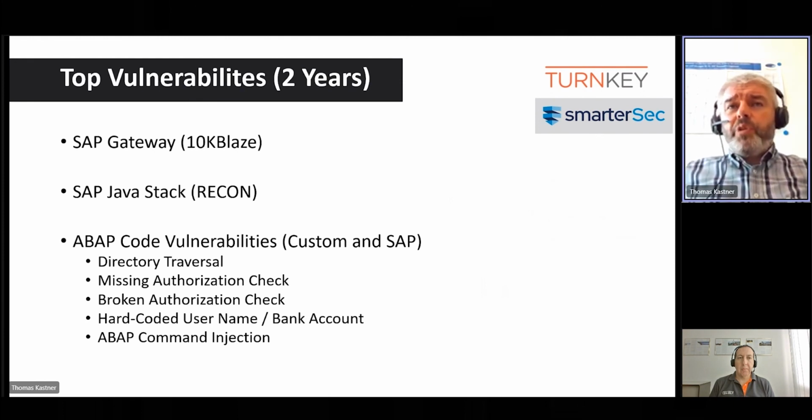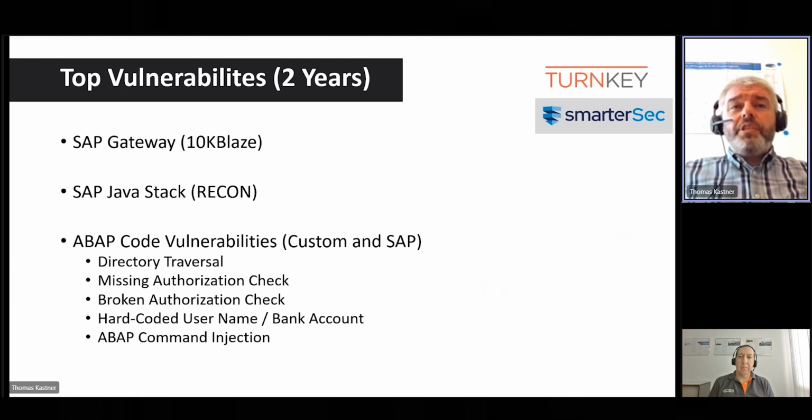But your custom code also needs attention. And I've just lined up 5 out of the most 10 known ABAP code vulnerabilities. A simple one is a missing authority check or a broken authority check.